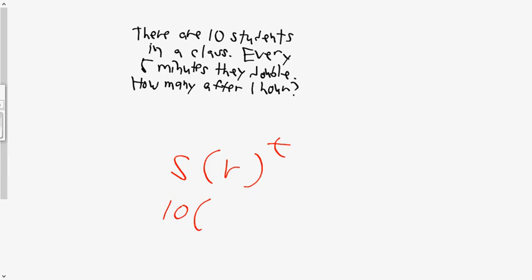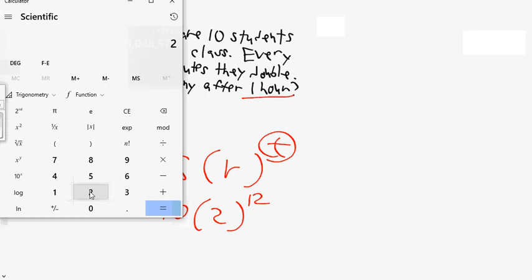2 is correct. Now here's the question. Is that T going to be 1? No. What will that T be? That's how many 5-minute increments are in an hour. So how many 5 minutes are in an hour? There's 12. So when we substitute it, we have 2 to the exponent of 12. 2 to the exponent of 12 is